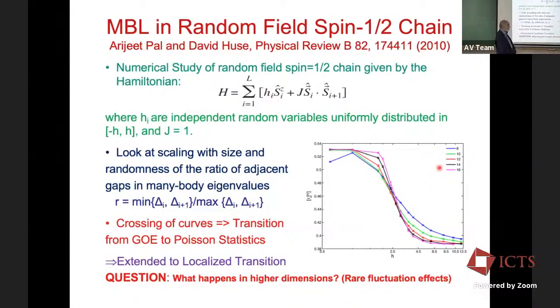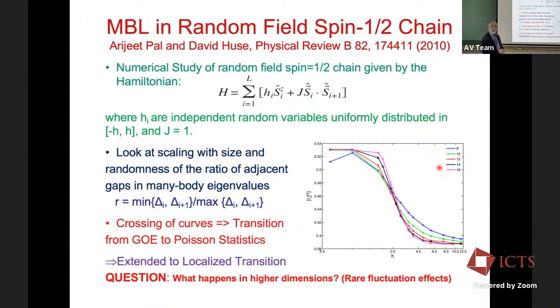And it seems to be partly also because there's an intermediate behavior where you have many body localized like behavior because the dynamics is extremely slow, glassy dynamics, and I'll show you that. And the true transition probably happens at much larger H. That is the current belief